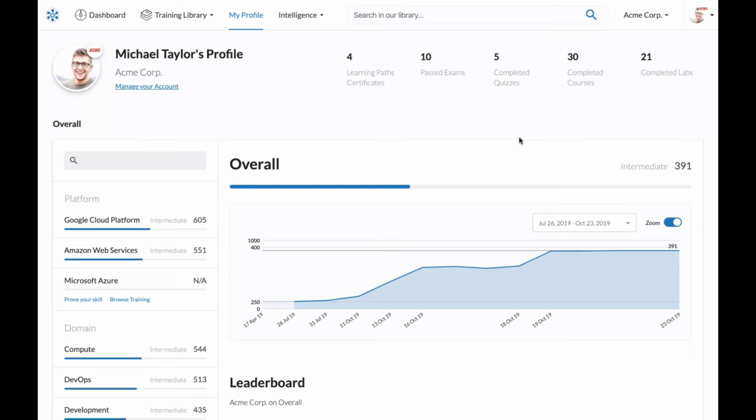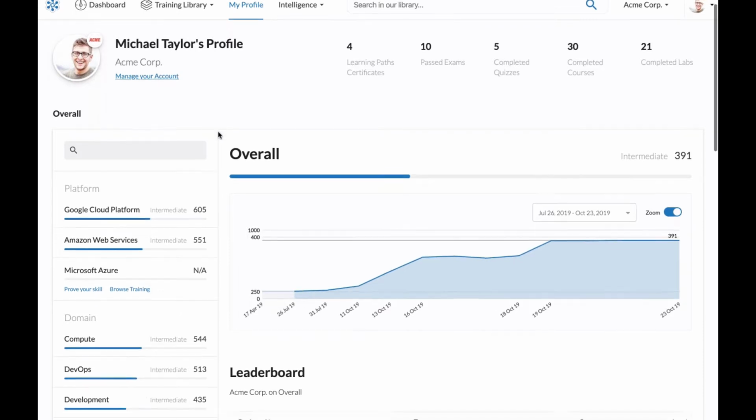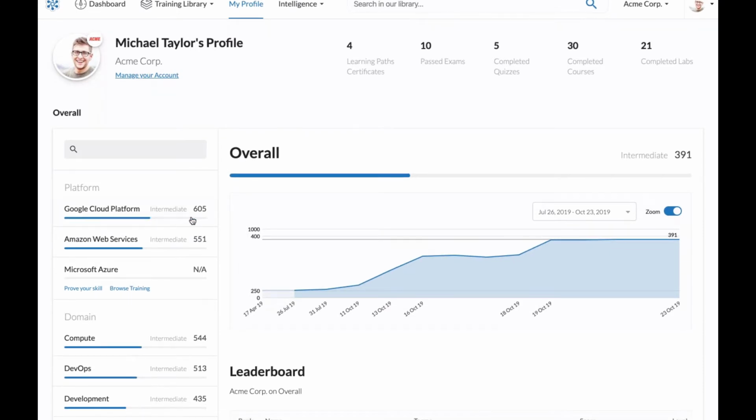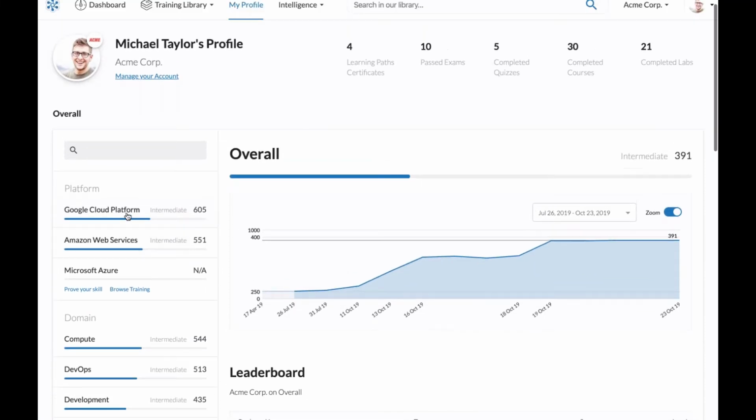But maybe you're not interested in everything. For example, here I can see that Google Cloud Platform is the one I'm best at. So maybe I want to check the various skills of Google Cloud, how my skills are in Google Cloud. Here, for example, I can click on it,